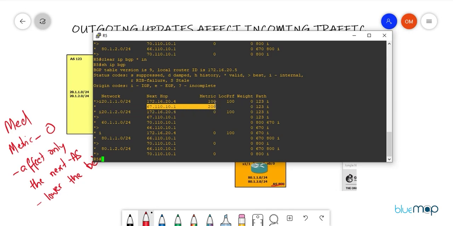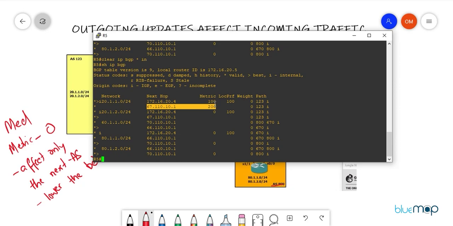So again, when we talk about the path selection algorithm in BGP, we have seen that eBGP is preferred over iBGP, but that rule comes in after the metric value. If I just recall the order, it's the shortest AS path, then the better origin, then the lowest metric, and then eBGP is preferred over iBGP. We haven't done anything about AS path and origin over here, but we have definitely done something about the MED value, and that rule overrides the prefer eBGP over iBGP rule, and hence it is preferring the lower metric rather than preferring your